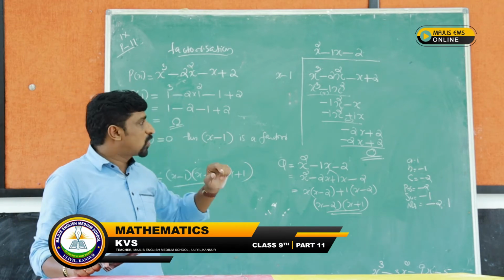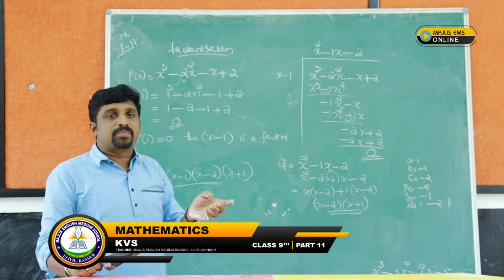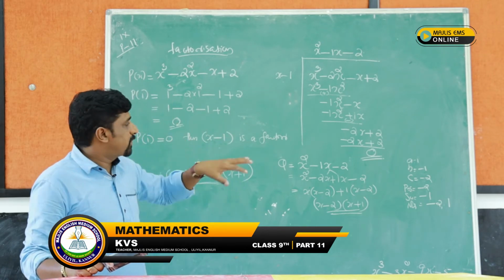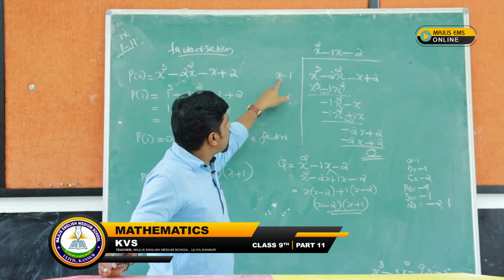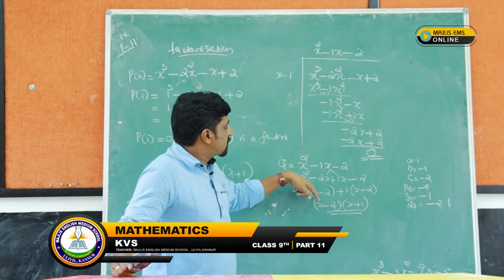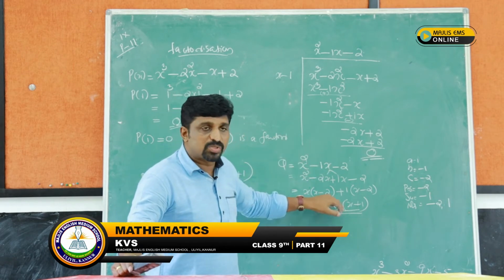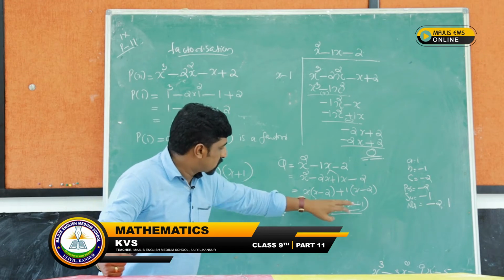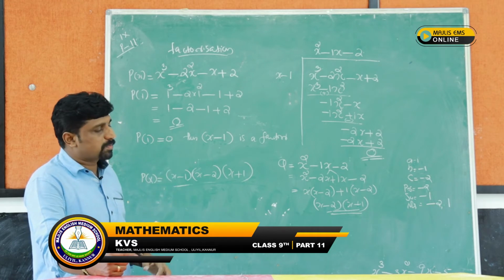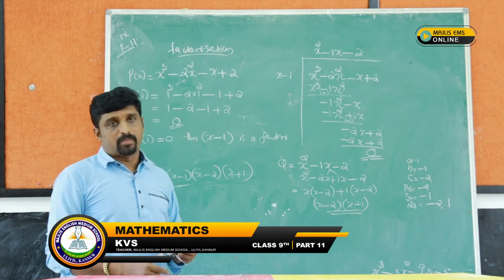First we can find out the first 0 by finding the value of the polynomial. P of 1 find out, if you get 0 we can stop there, otherwise p of minus 1, then p of 2, p of minus 2 like that. In that case we always get 0 for one of them. After we find the first factor, dividing by using that factor, remainder you got 0 means the division is correct. After that the quotient can be split again using the factorization method for quadratic polynomial, and find out the remaining 2 zeros. The last you write first 0 and 2 zeros here. The last answer we got like this, p of x is equal to x minus 1 into x minus 2 into x plus 1. Like that we got 3 factors. This is the factorization of cubic polynomial.